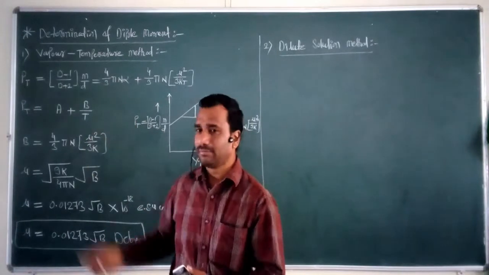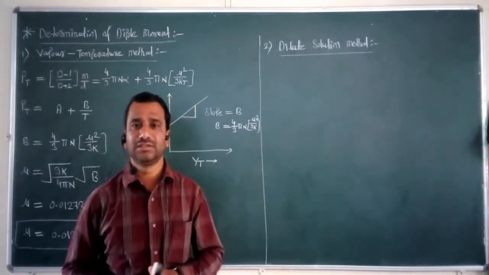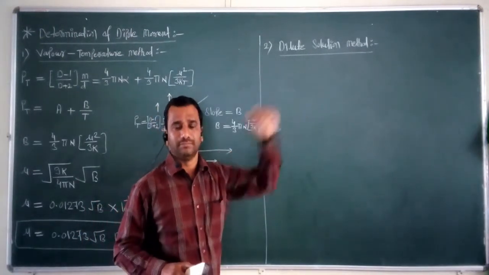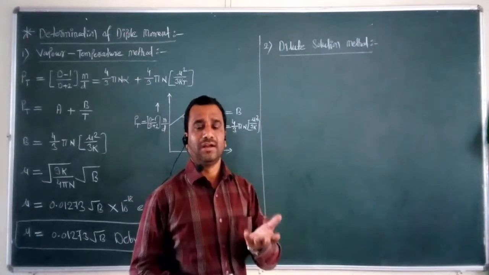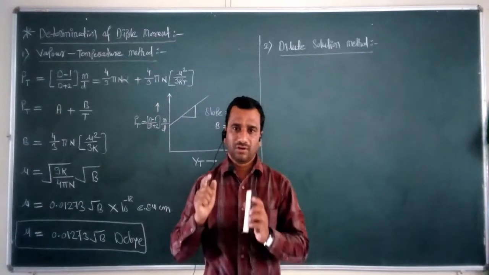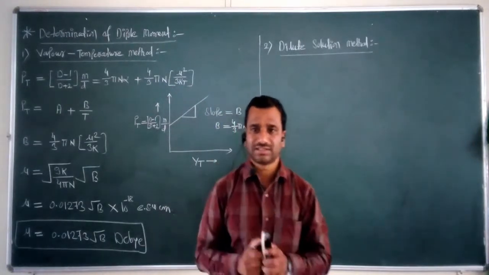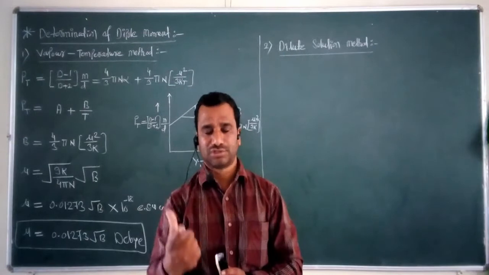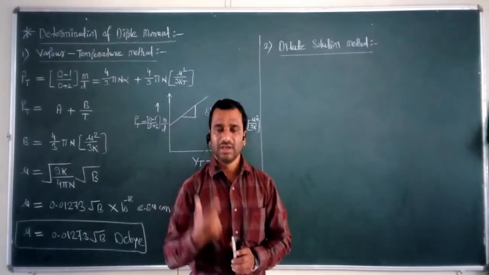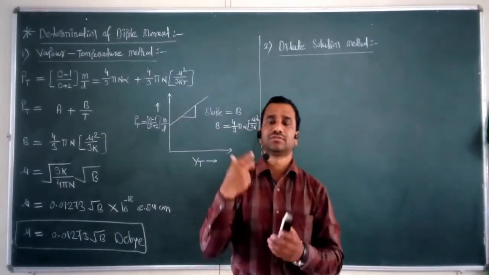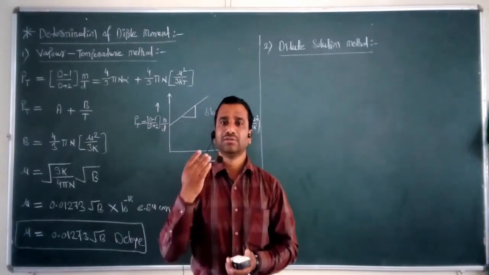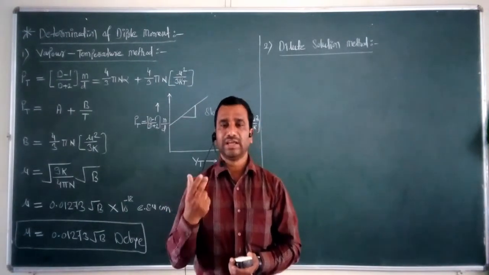Now this is the method number first. Once we have studied this method number first, we are going to take now the second method called the dilute solution method. First of all, we have to take into consideration that this first method is useful for liquid compounds. On the other hand, if we are interested to calculate the dipole moment of a solute, what I have to do first is convert this solute into a suitable solution with the help of a proper solvent.